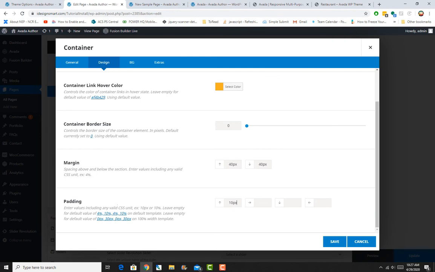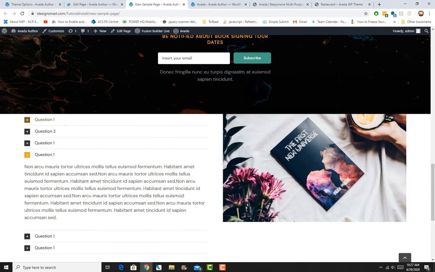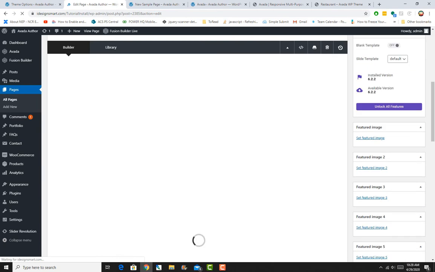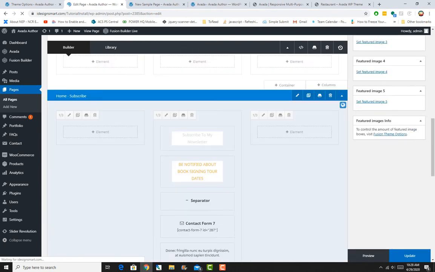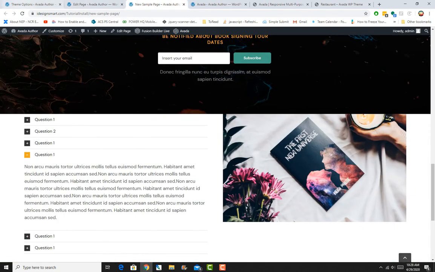You can say 10 pixels, 10 pixels, 10 pixels, and 10 pixels. Okay, so now I think it should add some spacing up top, and you can also add spacing in the section itself. You can also put spacers up top over here. So if you refresh now,